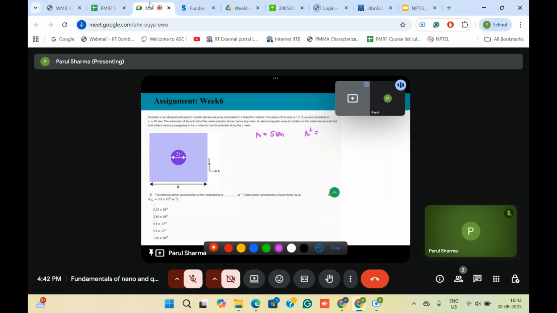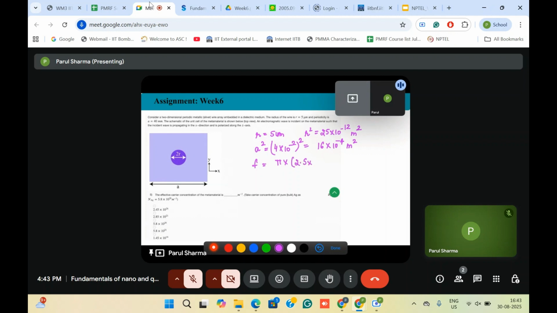So r squared is equal to 25 into 10 raised to power minus 12 meter squared, and a is equal to 40 mm. So a squared is equal to 4 into 10 raised to power minus 2 squared, which is equal to 16 into 10 raised to power minus 4 meters squared. Okay. So now f is equal to pi into